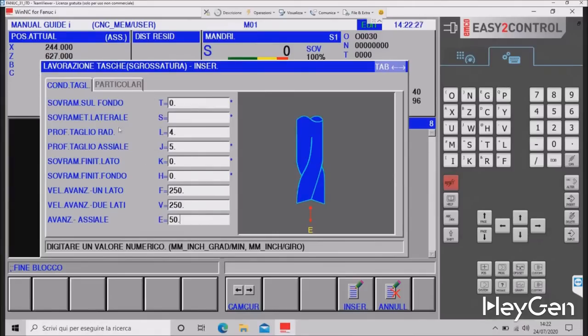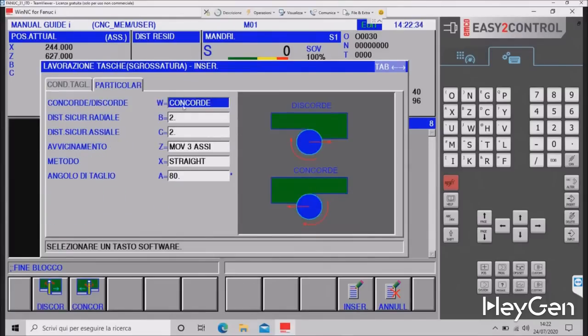After entering all this data, I move on to the specific data on how I want to work. I want my cutter to work either in climb milling or conventional milling. We decide that I always opt for climb milling, but this,